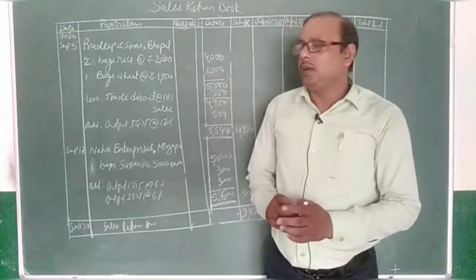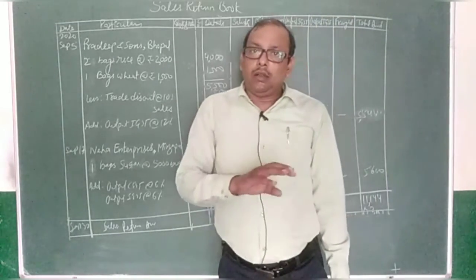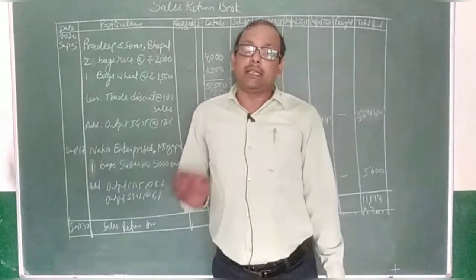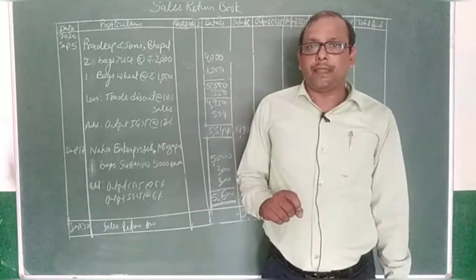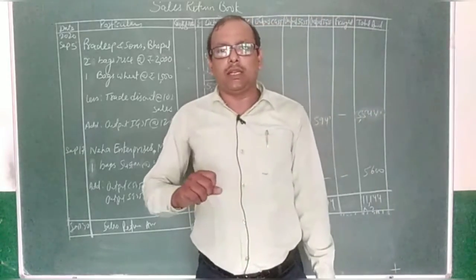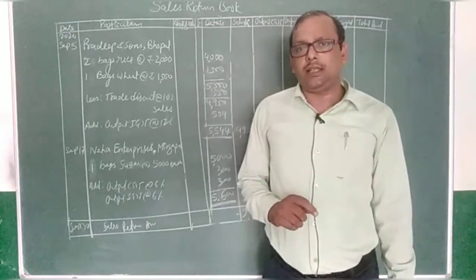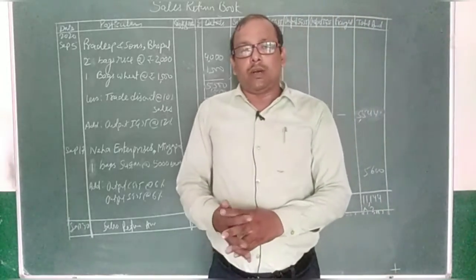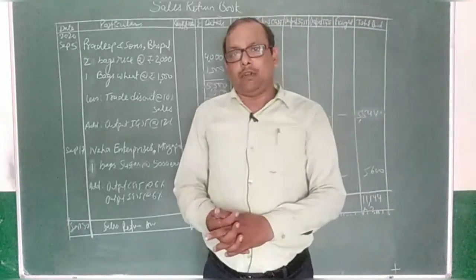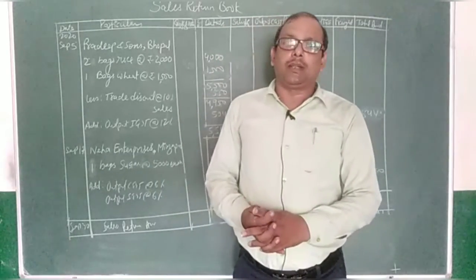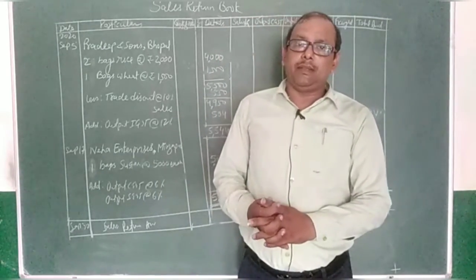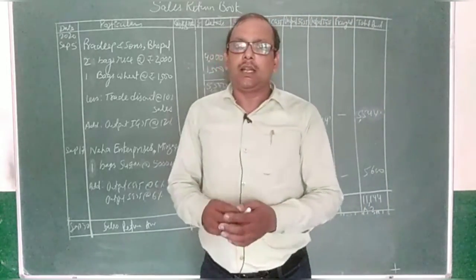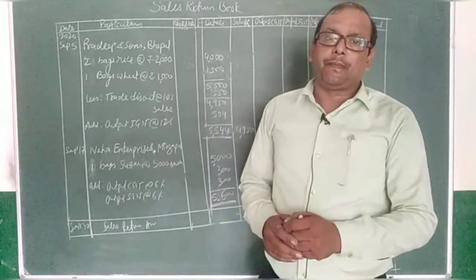Now you all are requested to prepare all the books, means purchase book, sales book, purchase return book, sales return book, from your textbook. If you feel any problem, then you can send a message to me in the WhatsApp group. Then I will explain that. Okay. So in tomorrow's class, I will tell you about journal proper, and then this chapter will be over. Okay. So everyone, just go through this video, read and listen to everything carefully. Try to solve questions from your textbook. Okay.